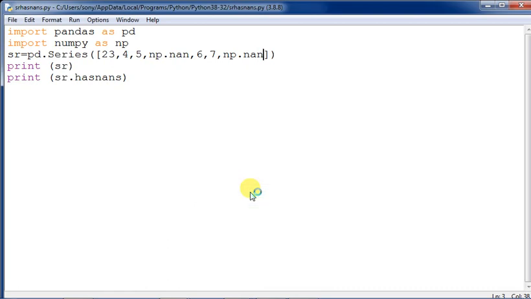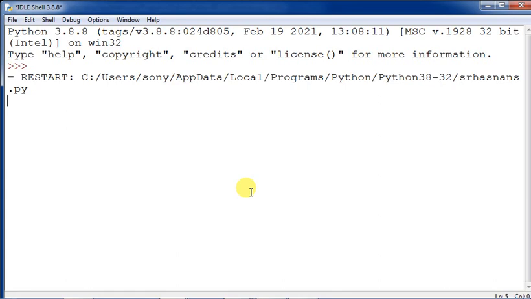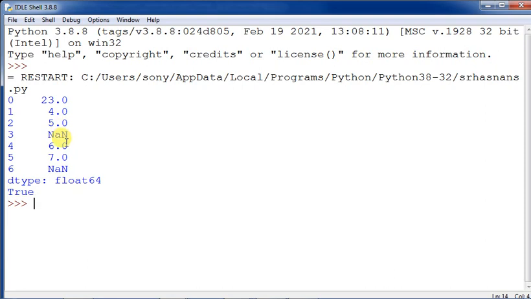These short small commands are very important and you have to know them in order to do the practical effectively. Let's see the output. Here it is showing true, because the two NaN values are present. When we took the NaN values, it also changed the type: from integer it changed into 23.0. Whenever you write the output regarding a series, if any NaN value is present, you have to write it in this format, with 2.0, 3.0, 4.0, 5.0, because of NaN Python will think these are all float numbers. So always remember this one.